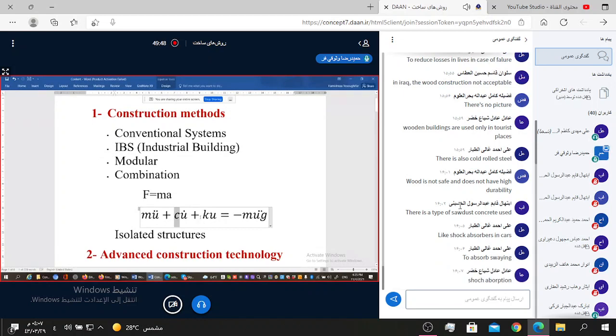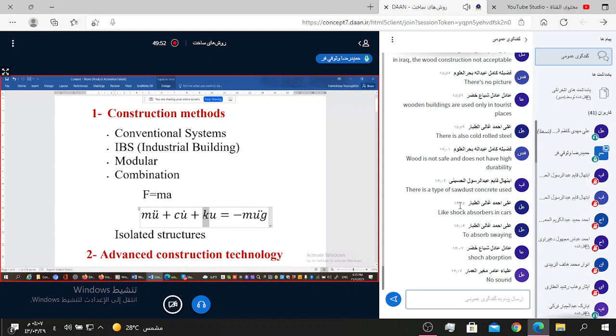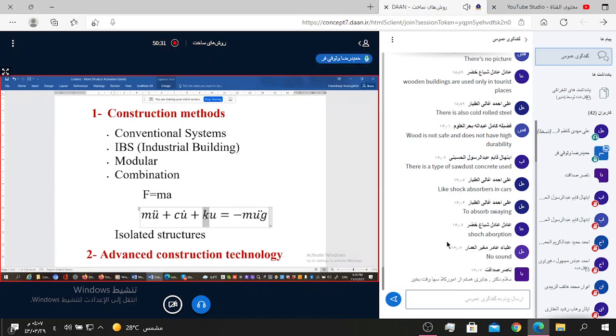Another construction method is increasing the stiffness of the building, the stiffness of the structure. You can increase the stiffness of the building by increasing the area and cross section of the columns. We can use strong columns to make extra stiffness in the building against extra waves and extra loads, and design and construct the building in a safe way. I'll say again: one construction method is lightweighting, one is using a damping system, one is using stiffness with strong columns, and one is using